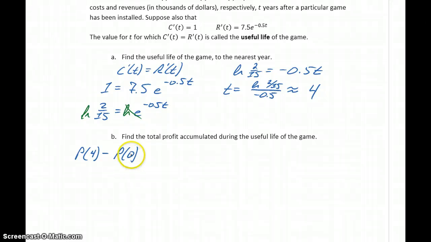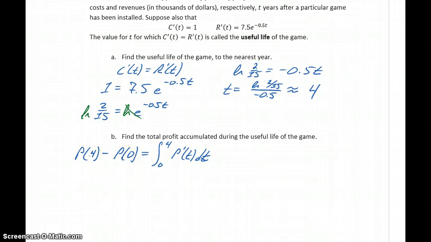So how much money we made in the 0th year being subtracted from how much money we made altogether. So we don't have the profit function, but if we could integrate from 0 to 4 a marginal profit function,